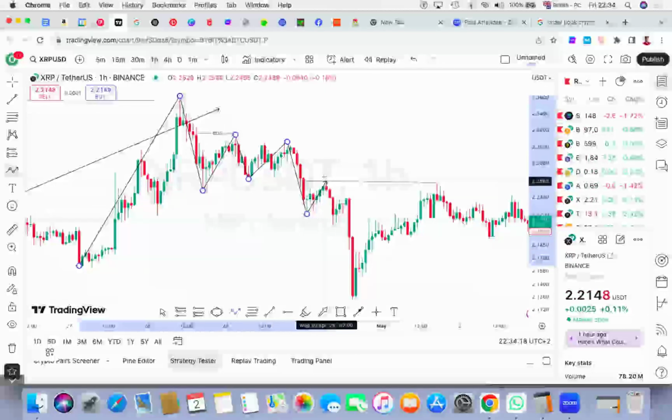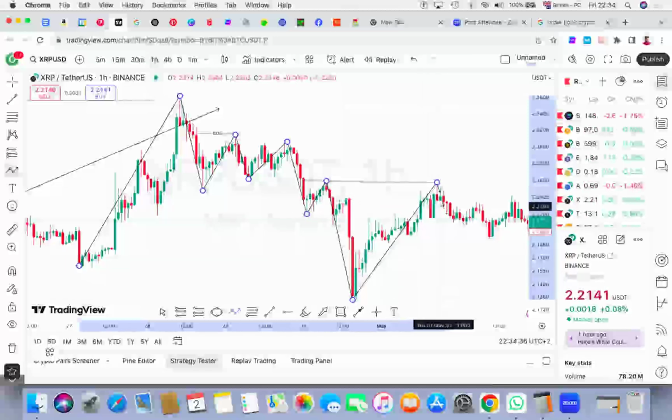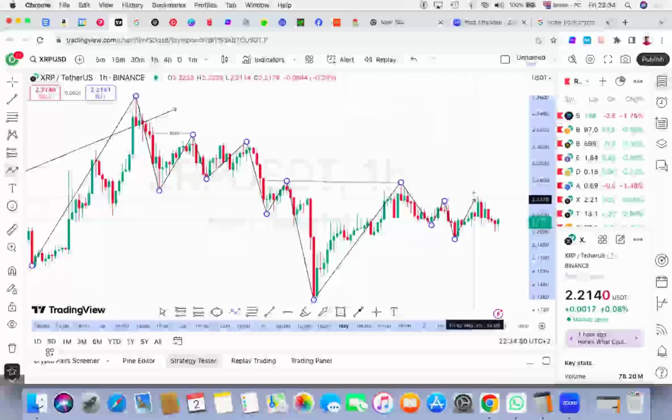and then it's created this, and this is what we are calling internal structure, because this structure is found between an external structure, which will be our higher time frame. So now we see market breaking structure to the downside. So we see market breaking the structure to the downside. So now you can see continuously, and currently market is here,